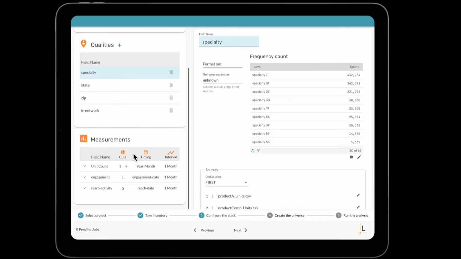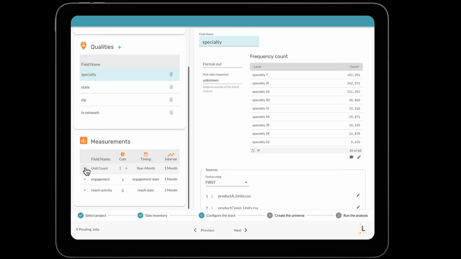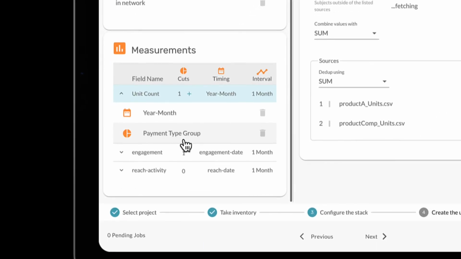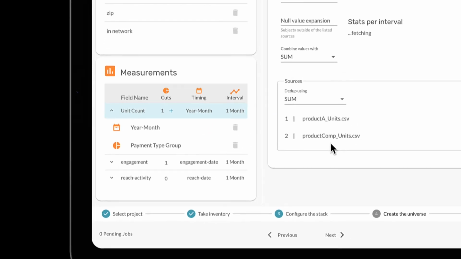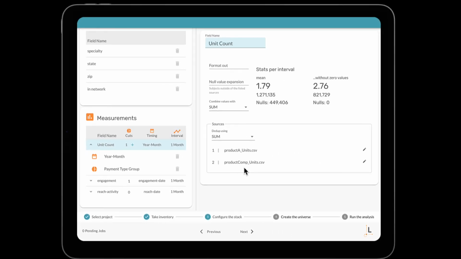Let's see what I have in the unit count measurement. I have the measurement itself, unit count, a date field, and a payment type group. I can't say I like the name of these fields. I'll update those soon enough. But in the meantime,